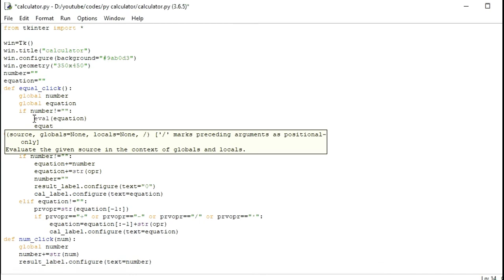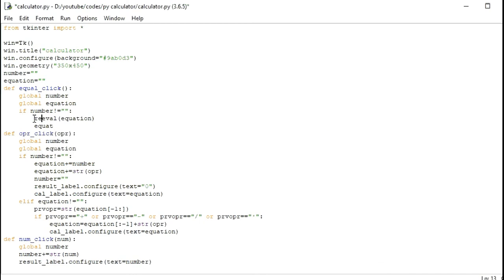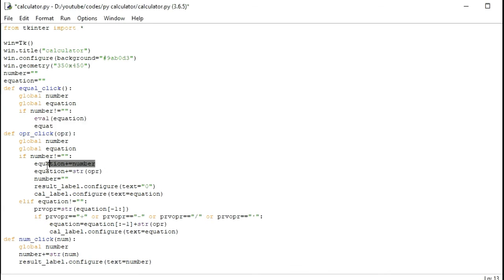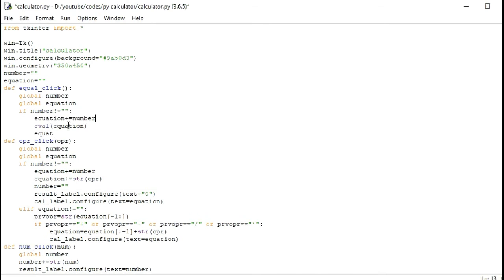Sorry, this should be result. I will make this number. Sorry, I have to pass this same as this, and I have to evaluate first. This can be passed here same as this, and then we have to evaluate this,